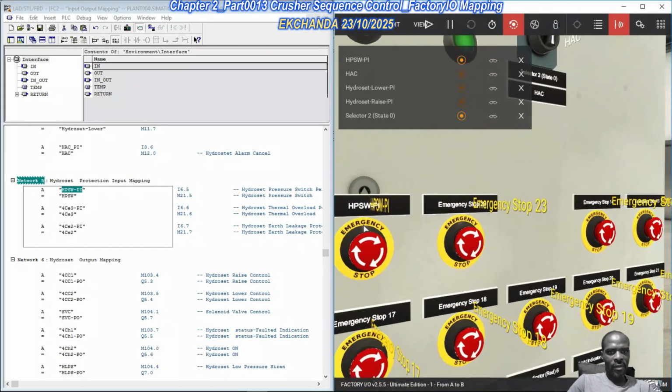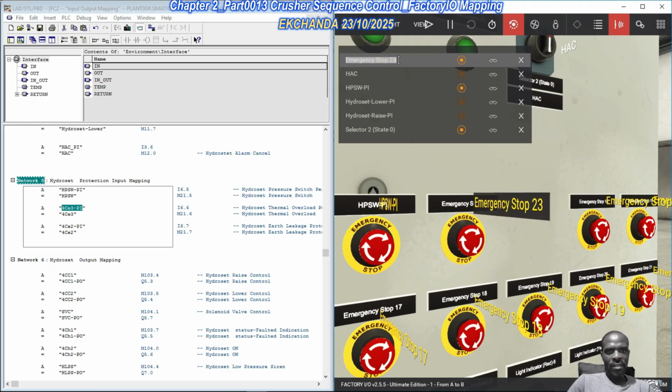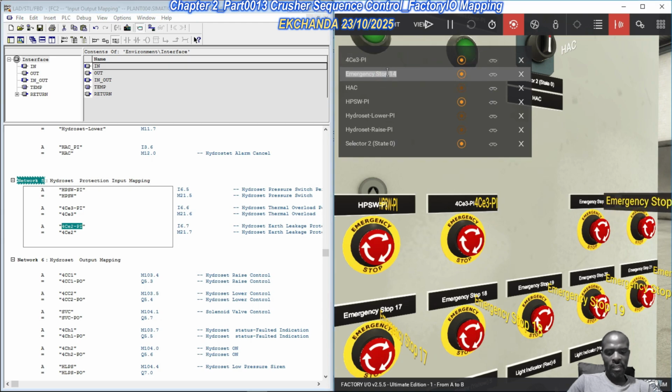I want you to have a clear view of the label, okay? And then the next protection inputs relating to the hydroset is 4CE3PI. So let's copy this, assign it to this push button, okay? Then 4CE2PI, we'll get this, assign it to that,